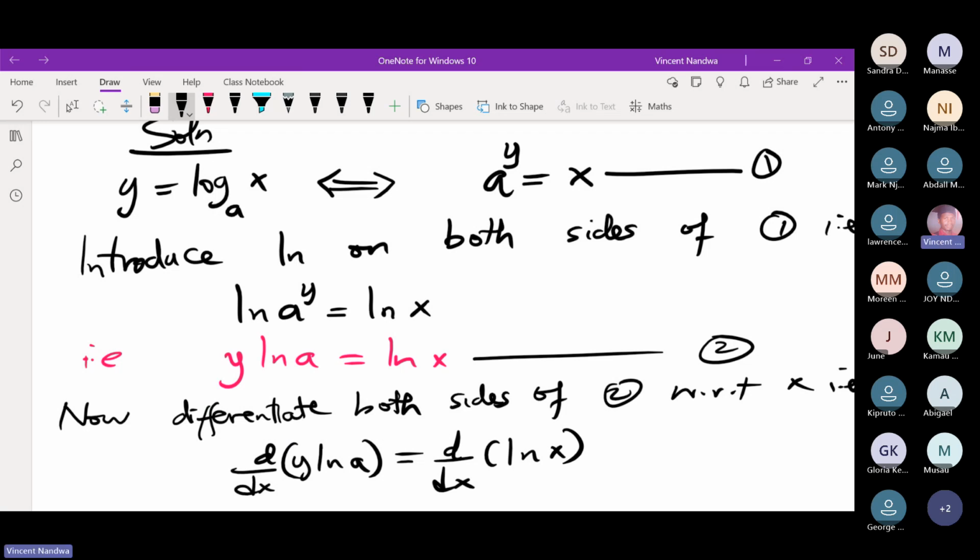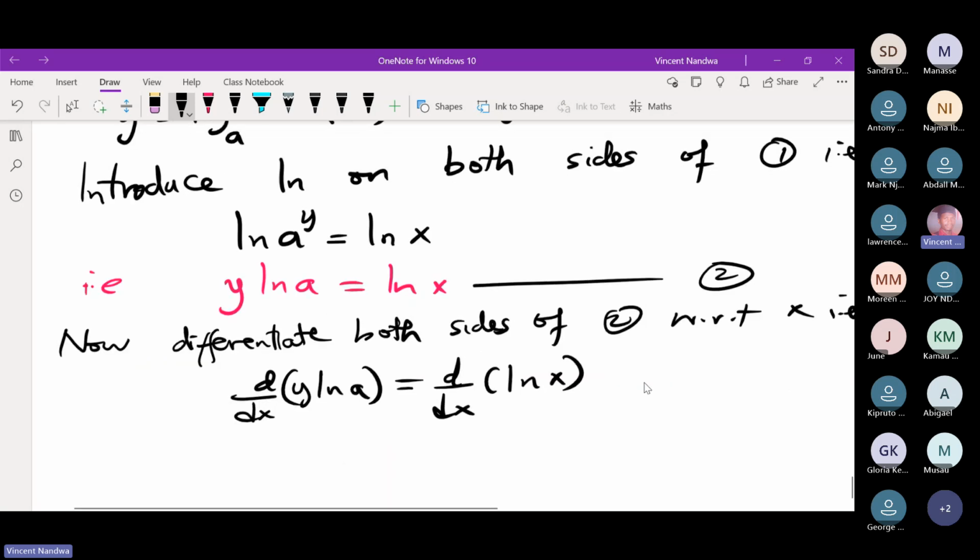Now, what is the derivative of y ln of a? Remember, ln of a is just a number, so don't be confused by the way I write it, maybe 10y or 20y or 30y, etc. ln of a is a number. So d dx of y ln of a will be